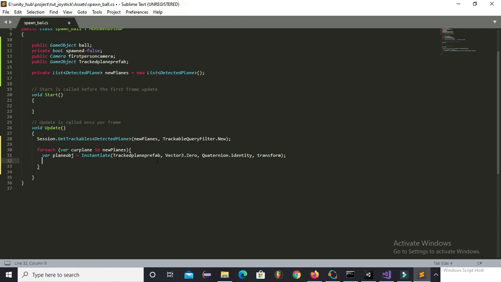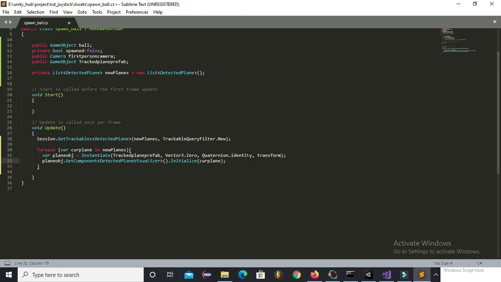So now we will write, so when the plane is detected, and as you can see in the previous statement, we have instantiated the prefab of the tracked plane.